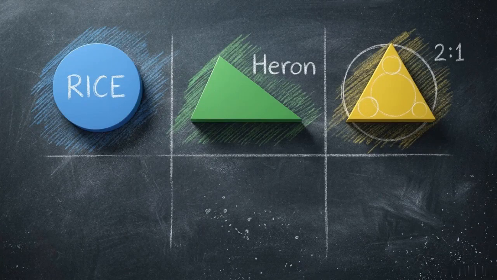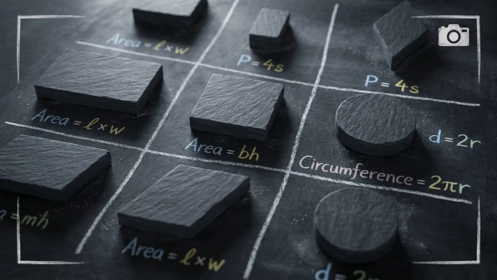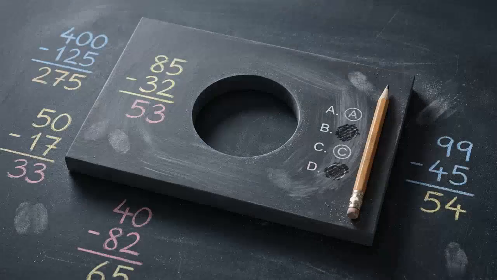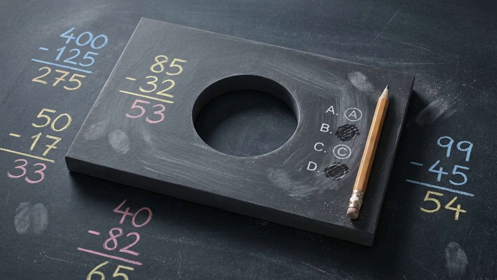This is your ultimate 2D mensuration cheat sheet. It combines the Rice and Heron mnemonics and the 2 to 1 triangle ratio. It also includes every formula we've covered. Take a screenshot of this exact frame. Regular review of these patterns and practicing the subtraction method on composite problems helps eliminate calculation errors and improves